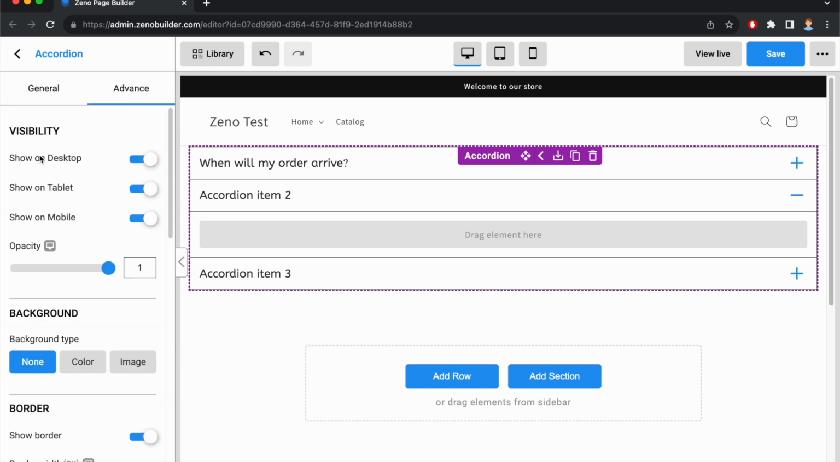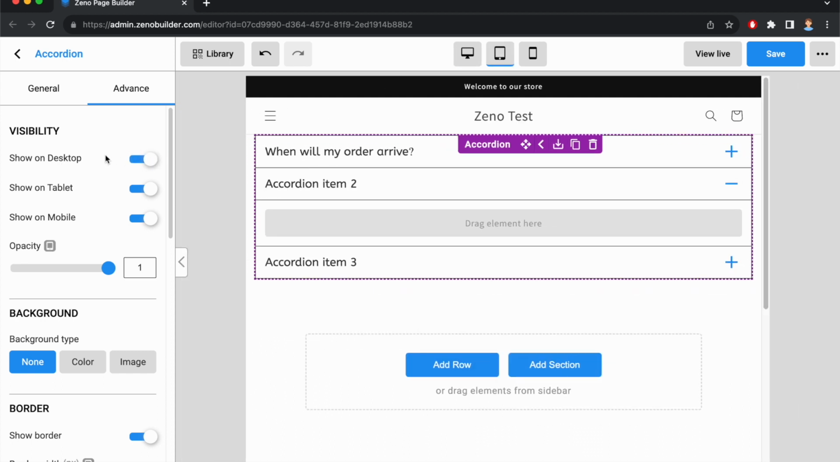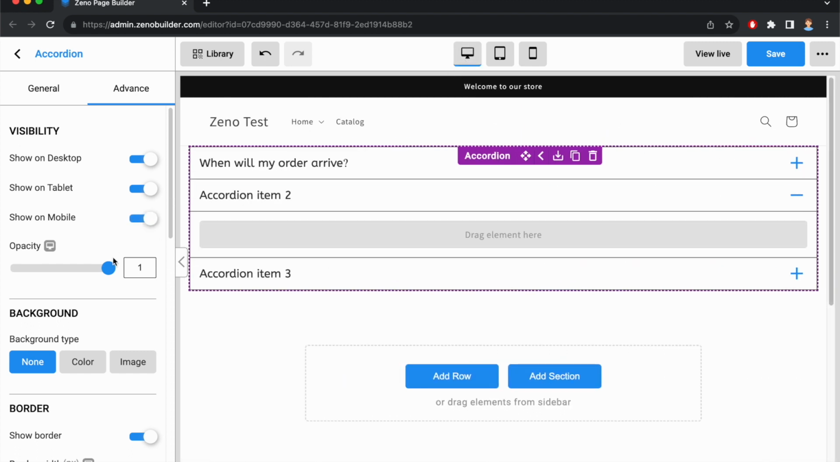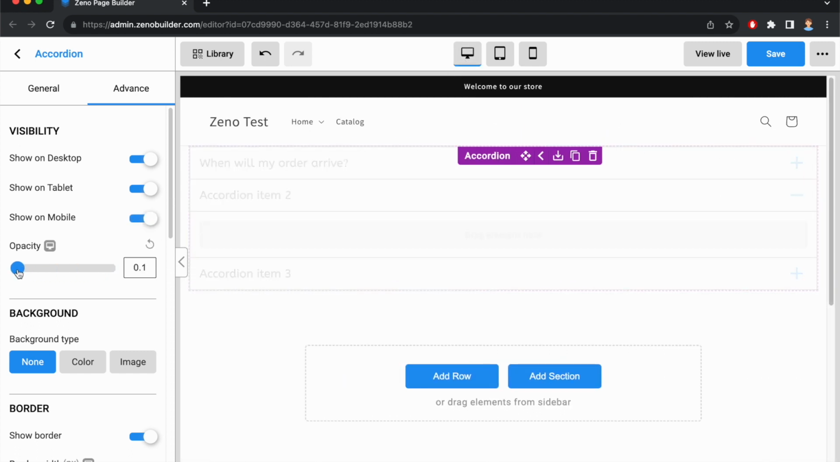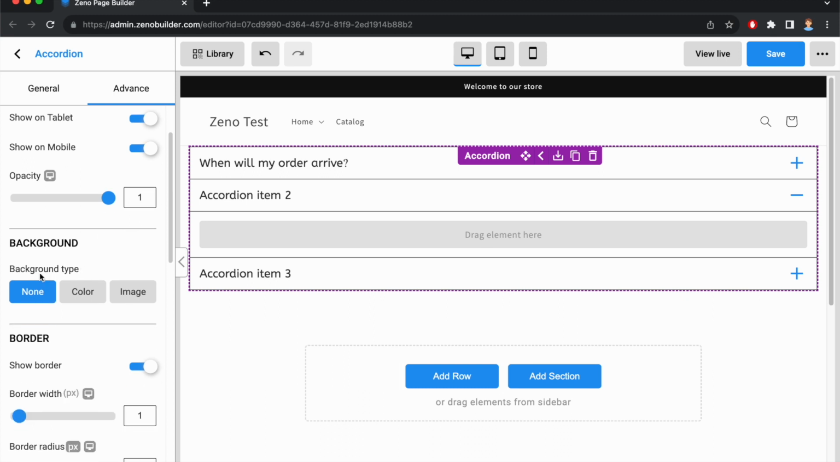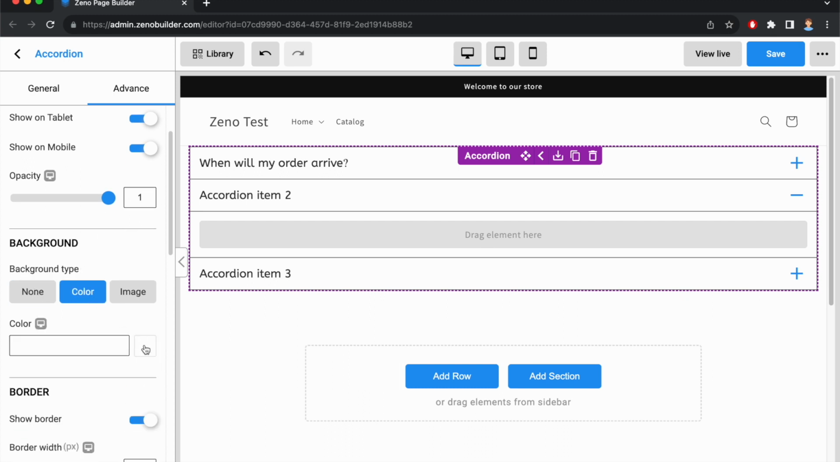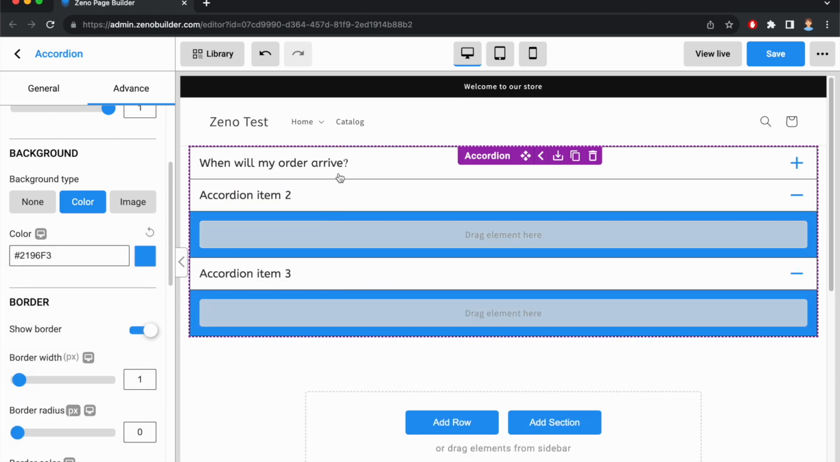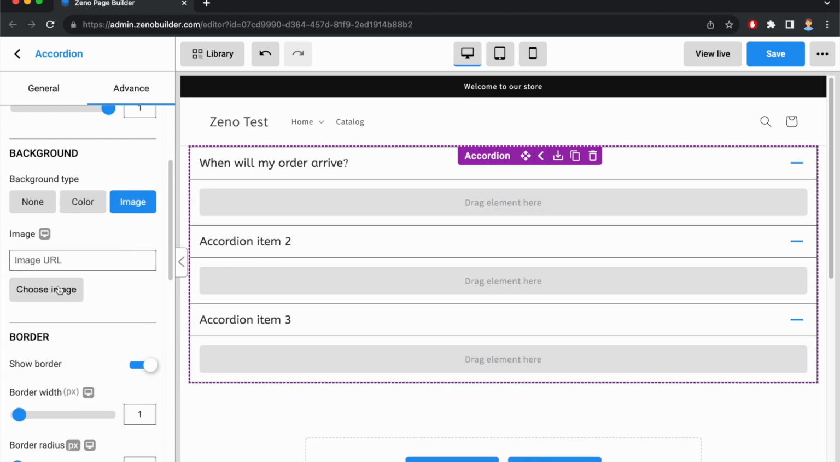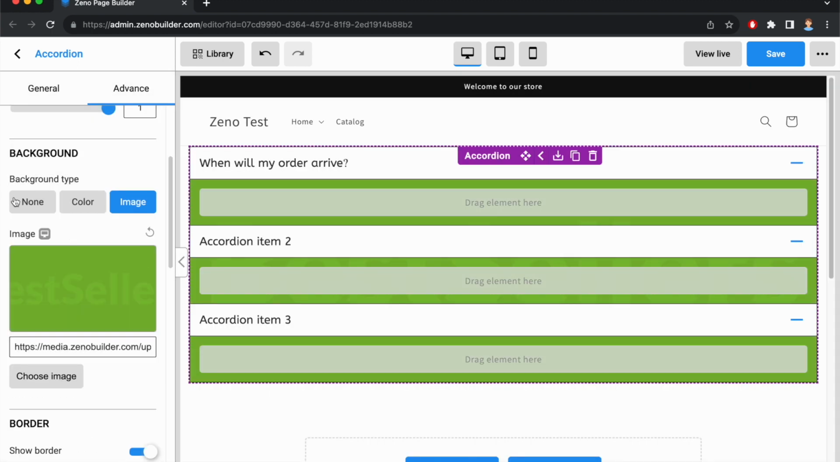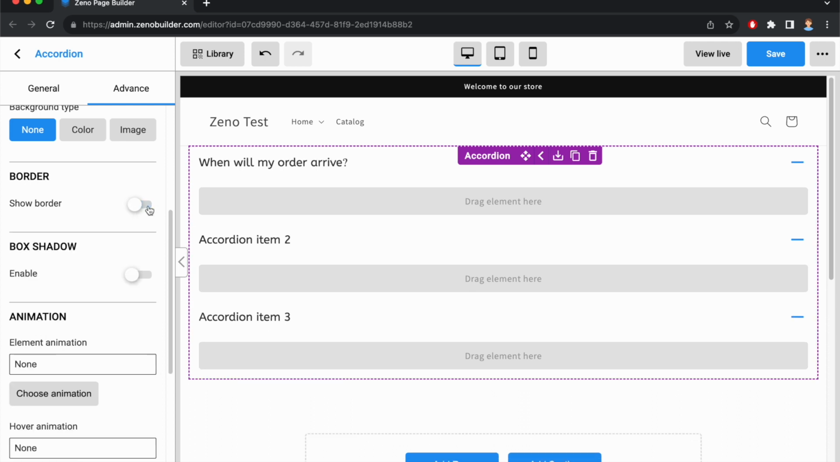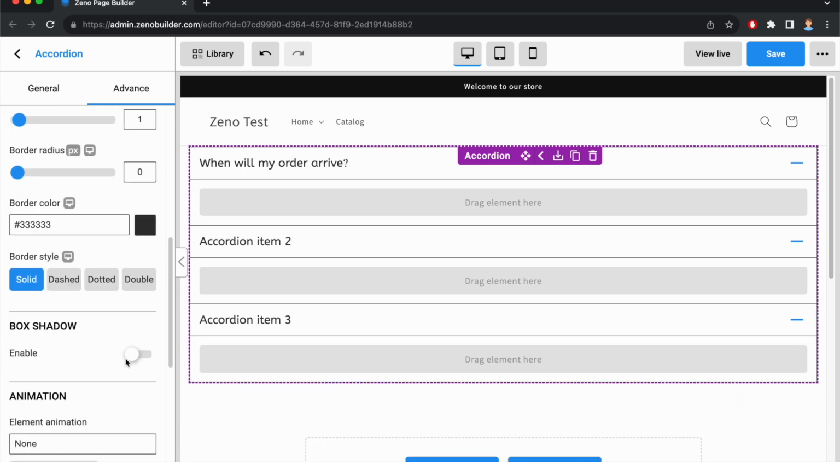Go to Advanced tab. You can toggle on and off visibility on desktop, on tablet, or on mobile. You can adjust opacity for the accordion. Set a background for it to a color, or to an image, like this. You can enable or disable border, box shadow,